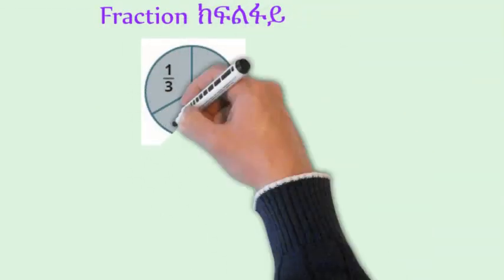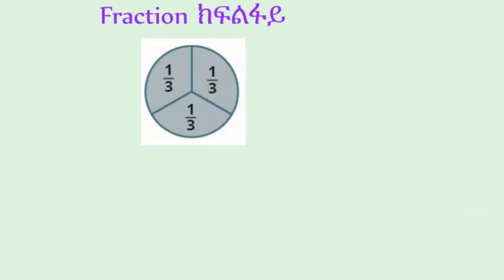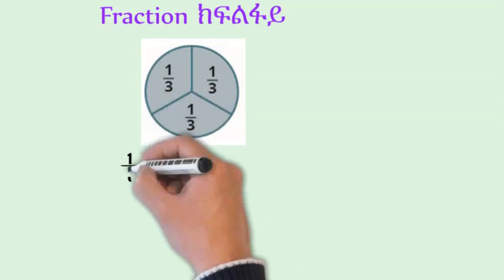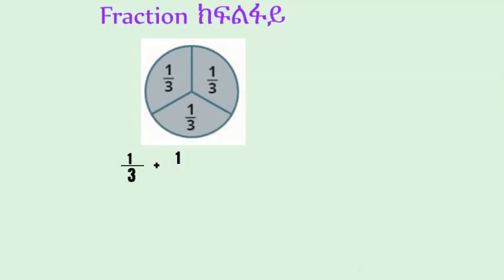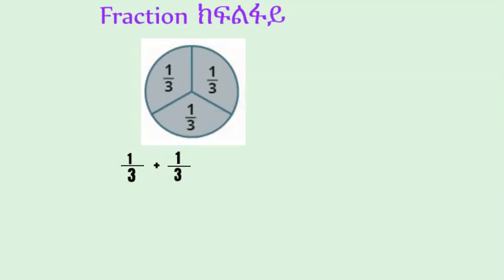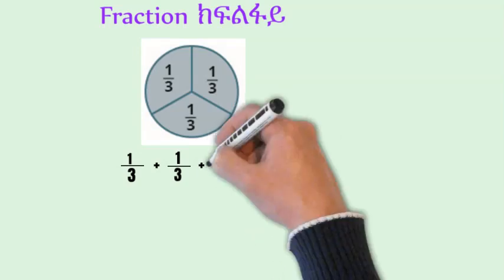Fraction, ክፍልፋይ። If we have something a whole and divide it, let's say, into three places, then we have 1/3 of each. አንድን ነገር ለሶስት ብናካፍለው እያንዳንዱ ሲሶ አለው ማለት ነው። ሲሶ ማለት አንድ ሶስተኛ ነው።